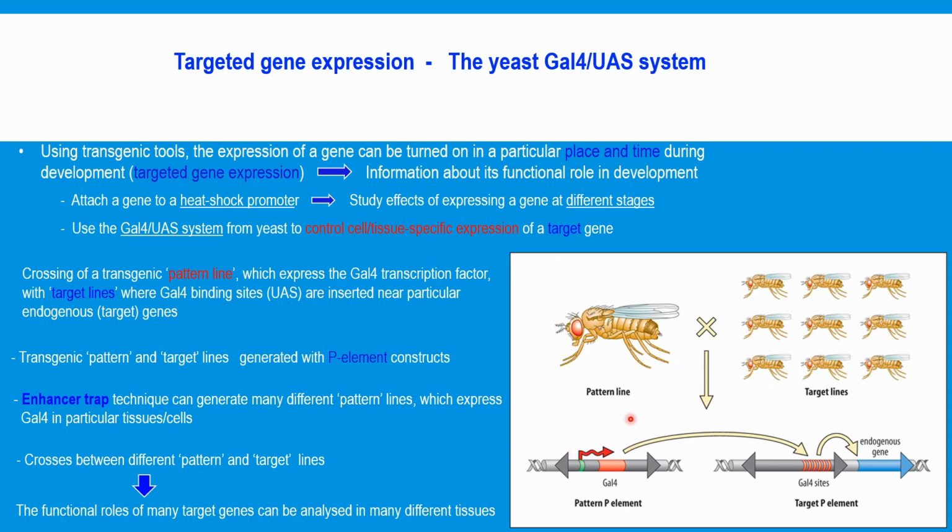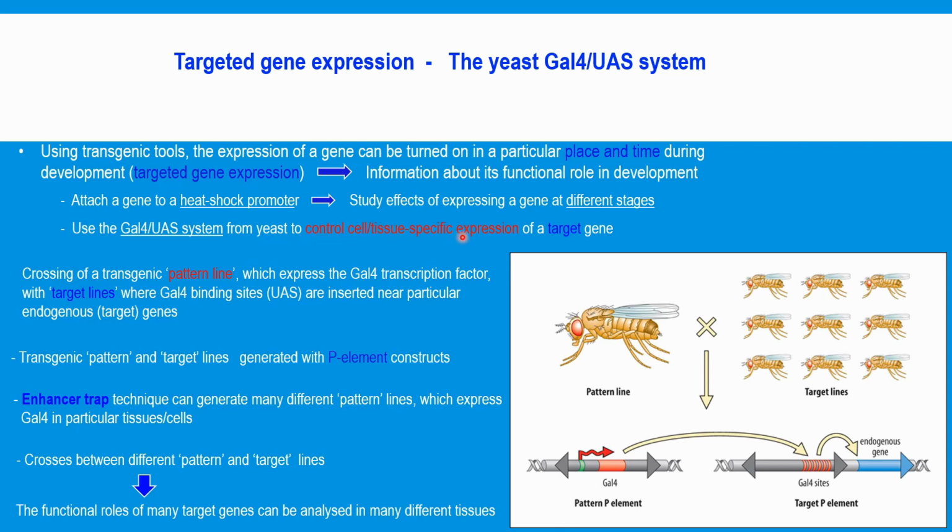So some of these, as I said, use P elements to insert in the 5' area of a gene, and they will steal the enhancer promoter expression of the gene they sit next to give a Gal4 expression. But we can also put promoter and enhancer regions in front of the Gal4, and then put these inverted repeats on that DNA construct and put that into flies, and then we will get a predicted expression pattern. Or we can use it as a way to figure out where that promoter and enhancer is expressed. So in this way, it gives us